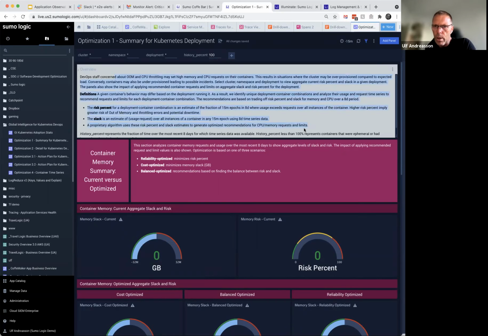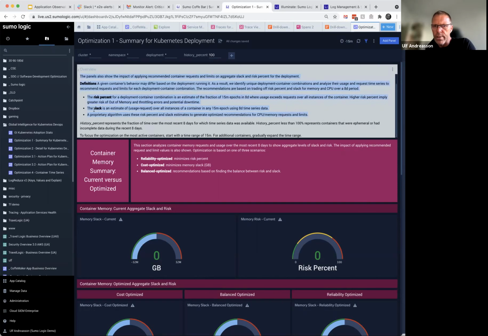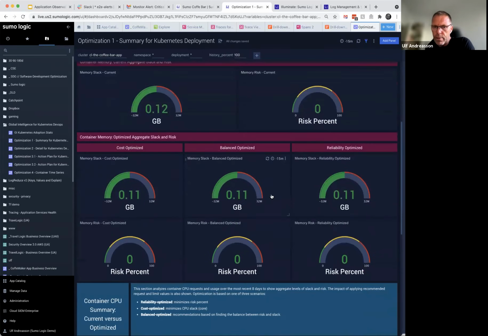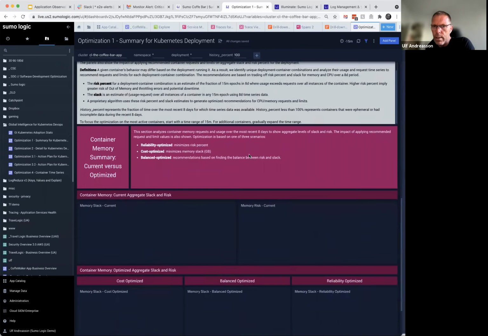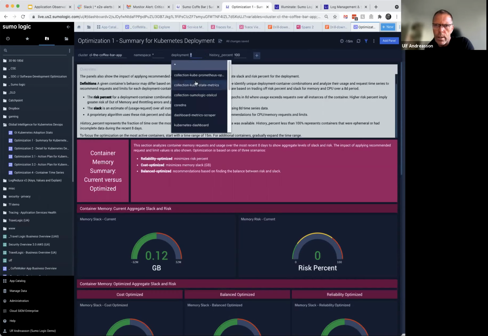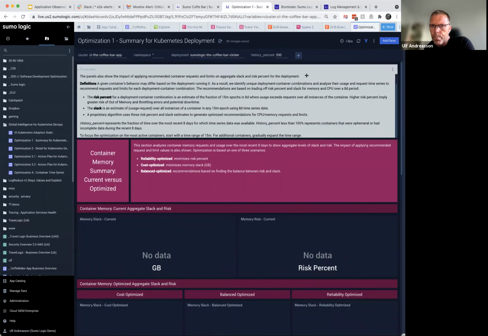It's actually telling you a lot of what we're trying to do here, and it explains what the risk percent and the slack and all these kind of things are. But just very briefly said, here we're looking at all the clusters within my environment. So in this case, I'm going to select the coffee app cluster. It seems to be pretty okay if I trust that all the data is actually well used, but I can also play around with this, and of course, let's look at the clicker service,